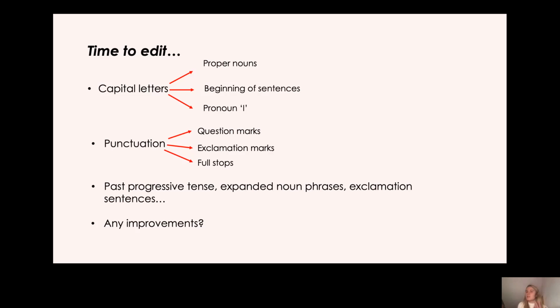So now we need to look for any more improvements. So could you look at your sentence and think, could there be an adverb of time in there? Or could there be an adverb of place? Or could I add an expanded noun phrase there? Okay, so you need to have a look through your sentences like we did in the starter activity and see how you can improve them even further. Or could you change a noun to a personal pronoun to avoid repeating? Okay, so pause the video now and have a go at improving your work.